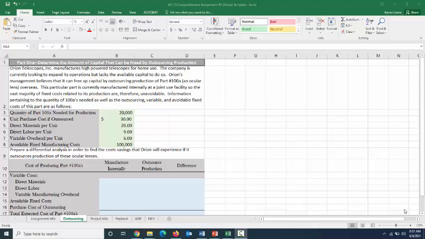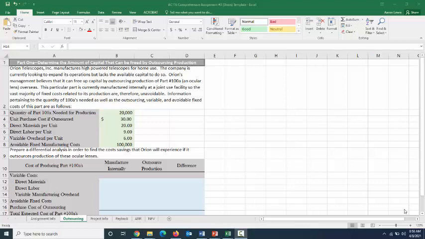And you're going to have to decipher which of those projects will benefit the company's income the most by using some of those long-term managerial decision-making techniques covered in Chapter 26, and specifically payback method, the ARR method, and the NPV method. Our company, for this example, is going to be Orion Telescopes Incorporated, and they manufacture high-powered telescopes for